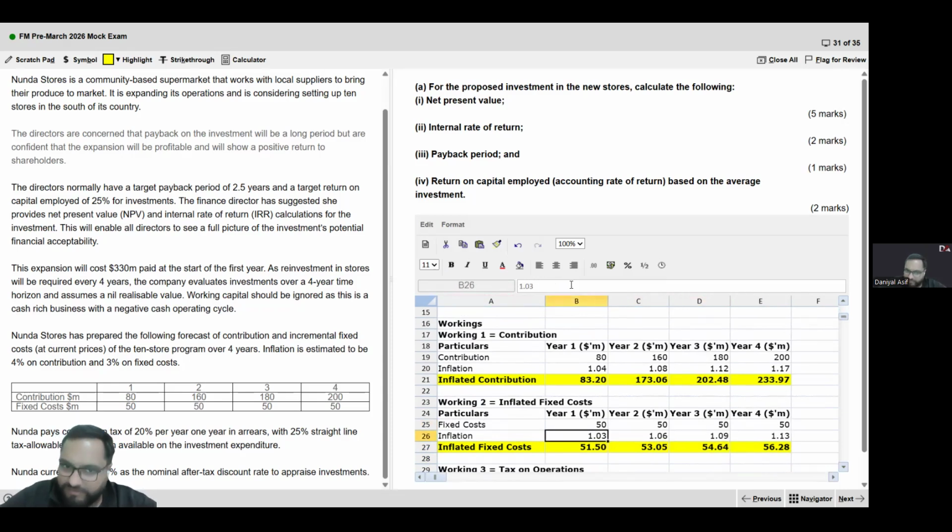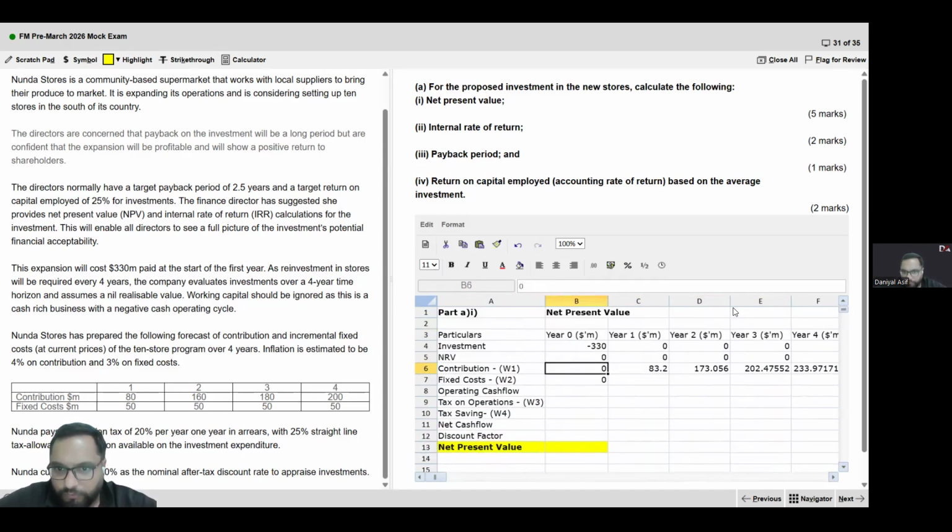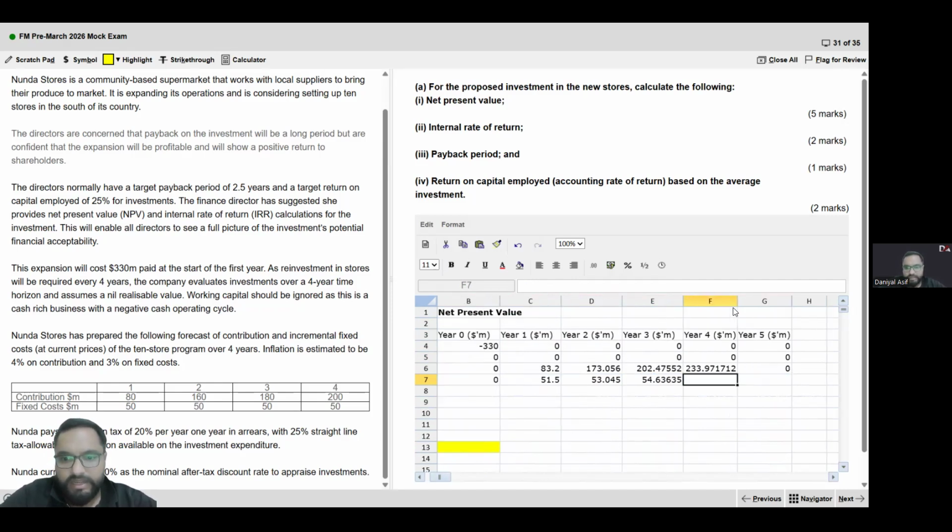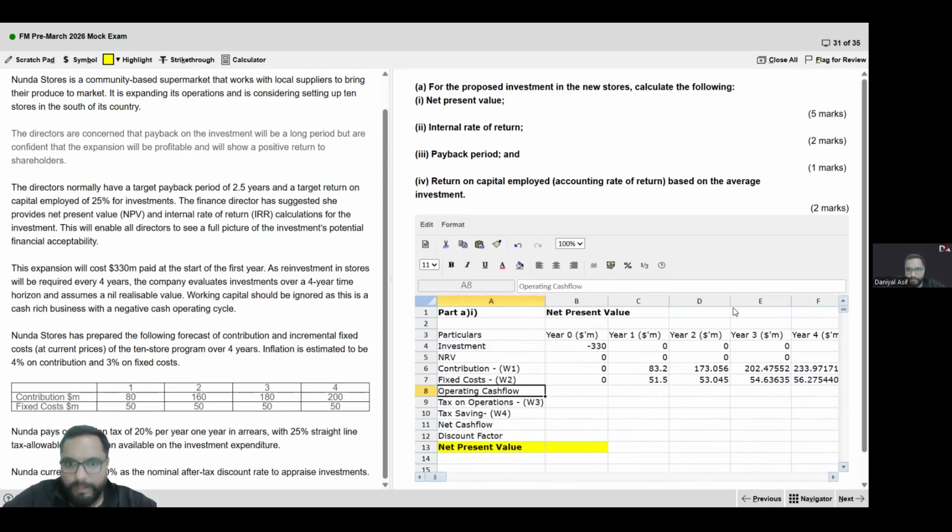Inflation factor, same way we calculated this. I'm going to calculate it the same way: 1.03, 1.03 multiplied by 1.03, multiplied thrice, multiplied four times, and multiply your fixed cost with your inflation factor. You get your inflated fixed cost now. This is B27. So now the most desirable way is linking it. C, D, and E27. Year zero now